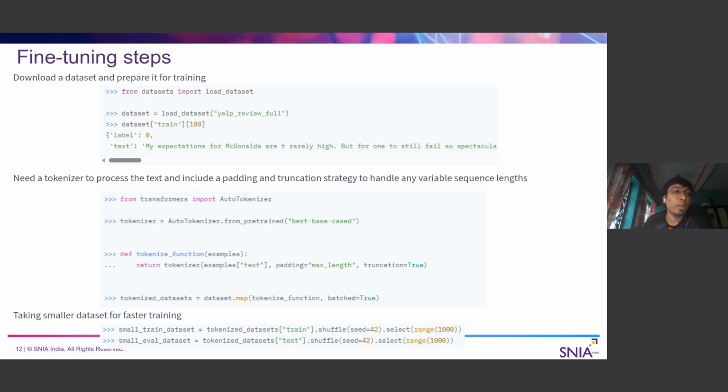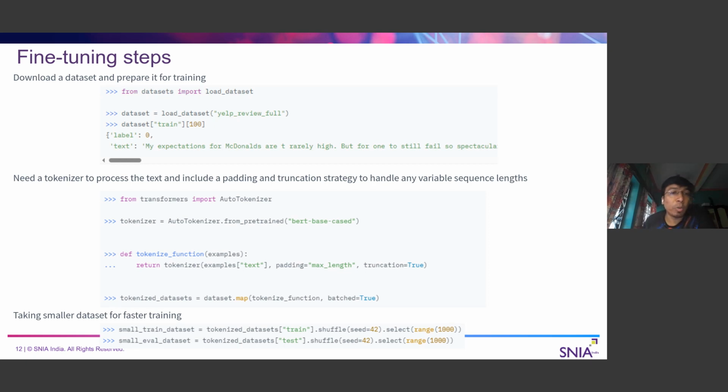Okay, so before that, we need to have a tokenizer. We need the tokenizer to process that text, because for any type of training, first we need to pre-process that text. We need to tokenize. So what tokenizer do we need to use? The model that we will use here is basically a BART-based model. As we are using the BART-based model, we use a tokenizer that is also BART-based.